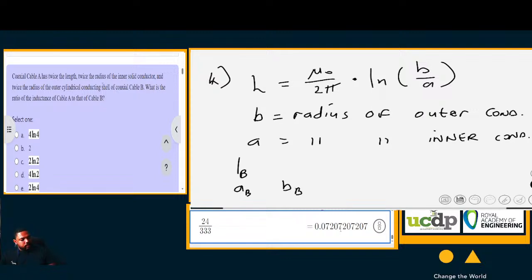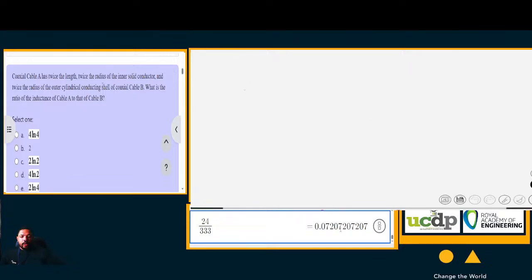Okay. This is for a single cable. Okay, this formula works for a single cable. This is the length of that cable, the radius of the inner cable, and the radius of the outer conductor. Okay, so now the problem states that cable A, the length of cable A is equal to twice the length of cable B. Okay? So the length of cable A is twice the length of cable B,